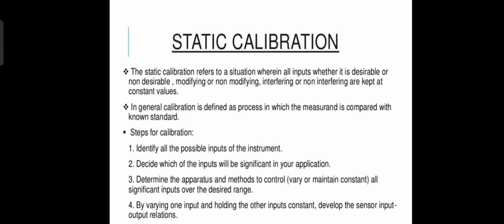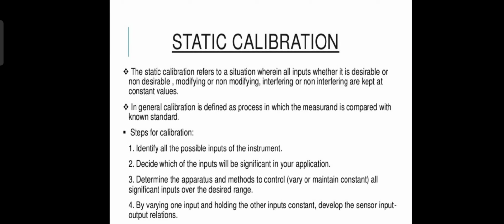Now we will see about calibration and what is meant by static calibration. Generally, calibration is defined as the act of comparing an unknown quantity with a known quantity of higher accuracy. Calibration is a procedure for determining the errors of the given instrument. The calibration of all instruments is important since it provides us with the opportunity to find the errors and accuracy of the instrument.